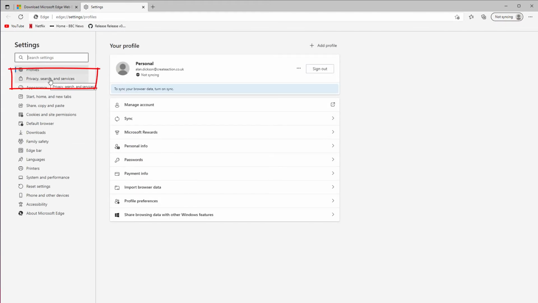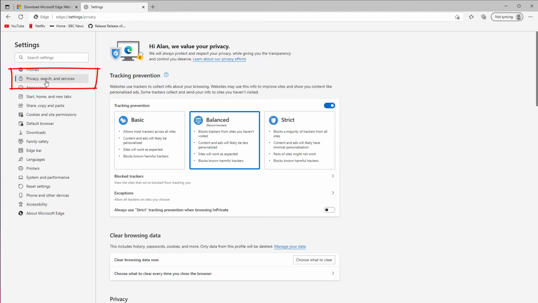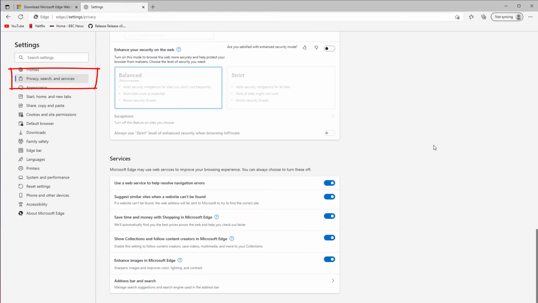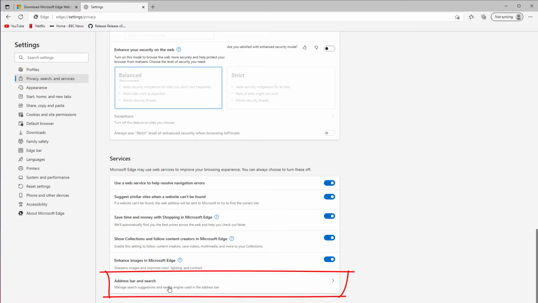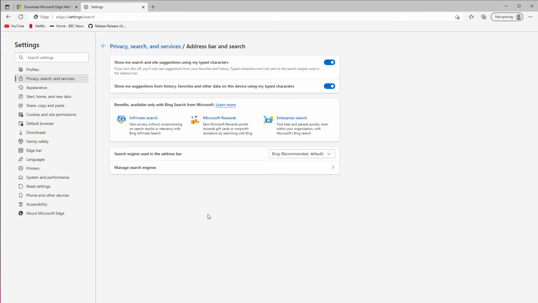Next, go to privacy, search and services, which is the second one down the left for me. Scroll all the way down to the bottom of the page, and it's as if they're doing this on purpose, so you don't want to change it from Bing, but this is how you do it. At the bottom, address bar and search. It took me ages to find this. So address bar and search,